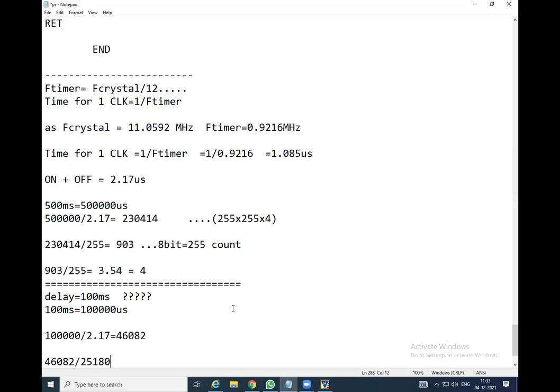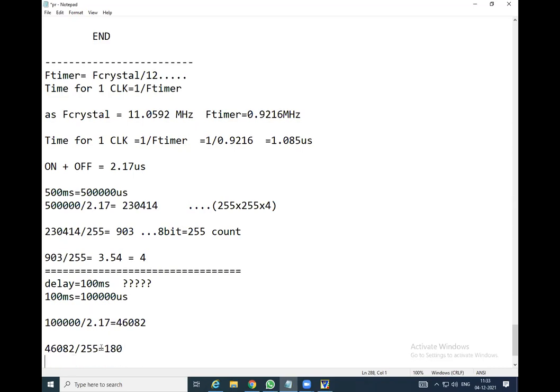Is it so? Has anyone done it like this? If so, it is correct. So 255, it comes to 180. And this count of 180 is possible to insert into the registers. So once again, we are not going to do 180 divided by 255.